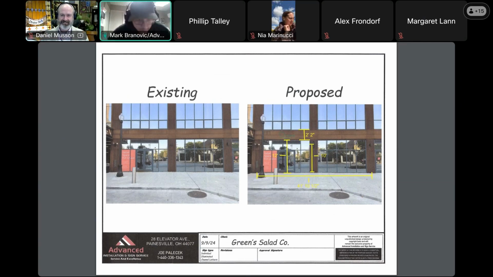Thank you and good afternoon. We are proposing a wall sign and a blade sign, both illuminated at this property. The first slide is the property as it exists, and a rendering of the proposed sign, although a little hard to see on that slide. There's a wall sign above the door, a blade sign depicted by the line next to the 10-foot measurement. Property lease lines as well measured out to 41 feet, 10.5 inches. Next slide, please.